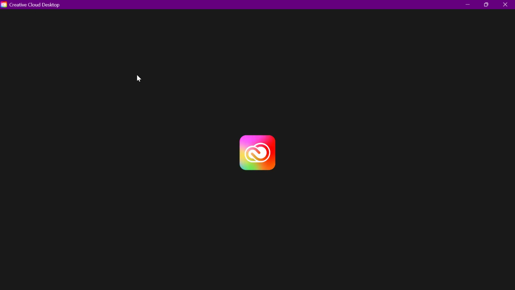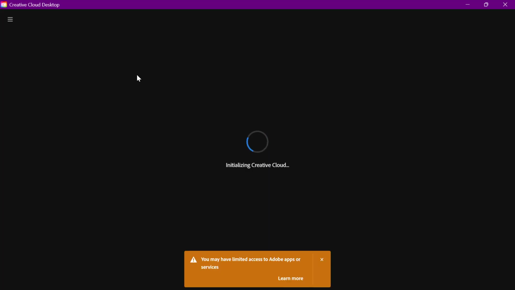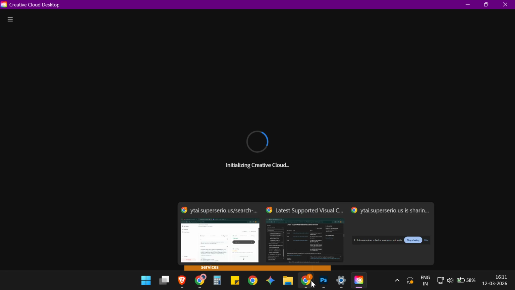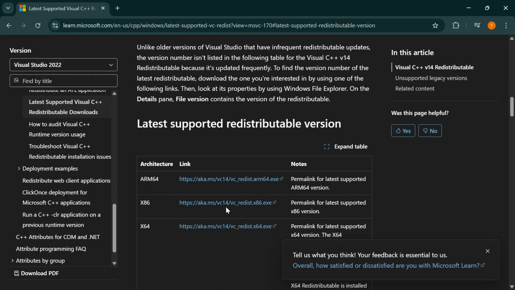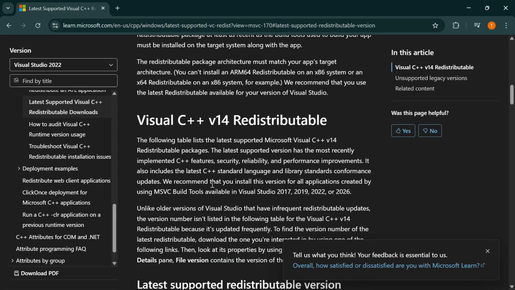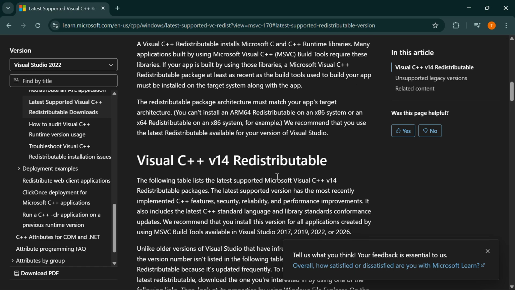One very important warning before we wrap up: please do not download random DLL files from the internet and paste them into your System32 folder. This is a massive security risk that can lead to malware infections or even more severe system crashes. Always use official updates and